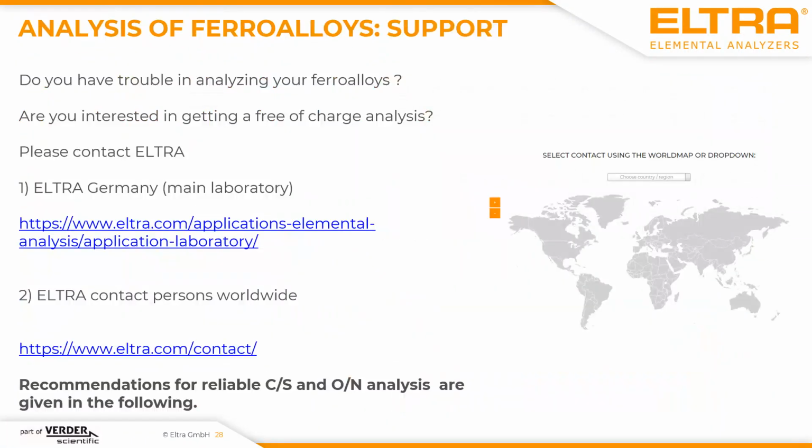For oxygen and nitrogen analysis, it's the same as for carbon and sulfur analysis. When you would like to have a free of charge analysis, just go to our website and have a look at the contact persons you have locally. Then you can download a contact form and just send the samples to Hahn or to your local distributor, and then you get the free of charge analysis. And then it's a little bit easier to see how good and how reliable the Elementrac series would work for